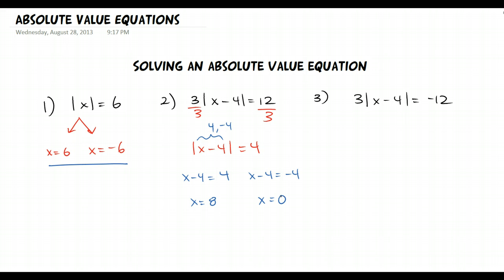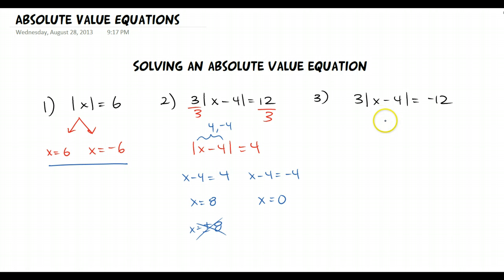A lot of times students have a tendency to solve for one and then they'll just put plus or minus in front of the number. That is not correct. Over here we did get plus and minus 6, but when the equation becomes a little bit more complex, you don't want to do that. Okay, now in problem number 3 here,